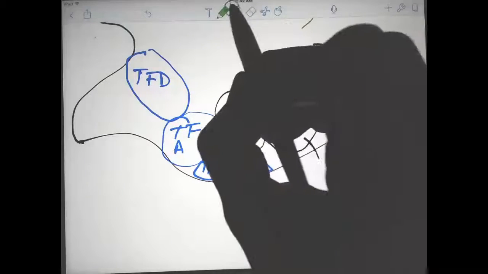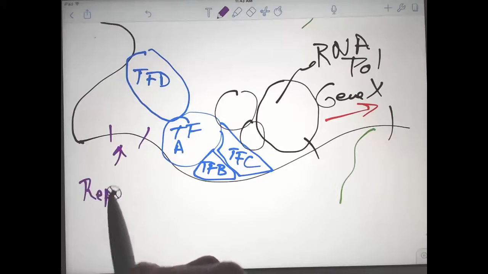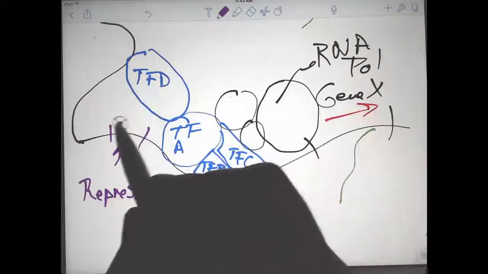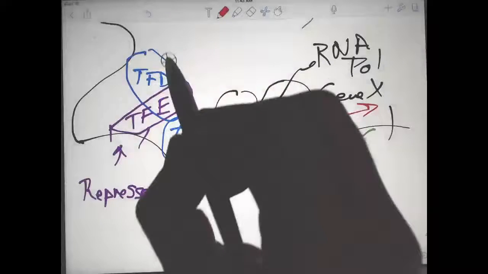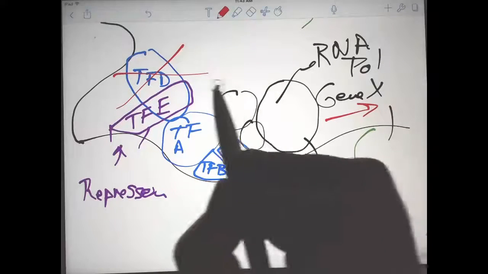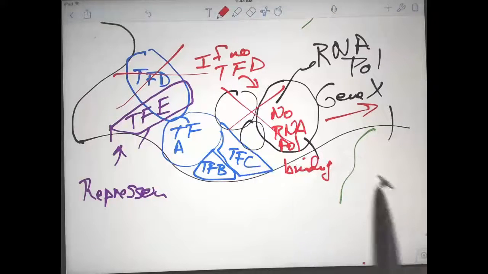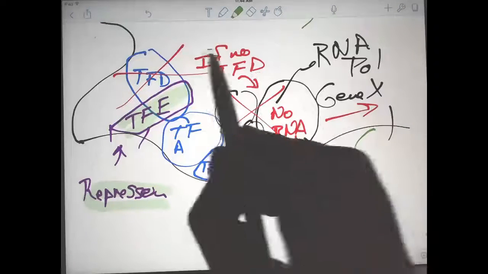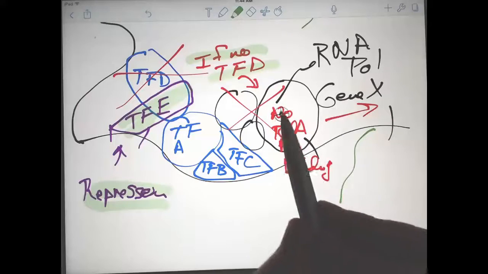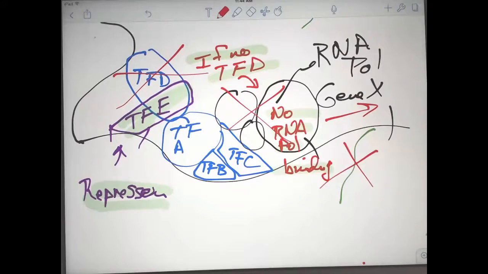On the other hand, let's imagine that there's a binding site, say here, that functions as a repressor for this gene, and if something is bound there, it actually prevents TFD from binding, and that in the absence of TFD, that actually prevents all of this. In that case, then in this location, transcription factor E is a repressor because it blocks transcription factor D. You don't get RNA polymerase binding, and there's no messenger RNA produced. Okay, so that's elements of gene structure that relate to